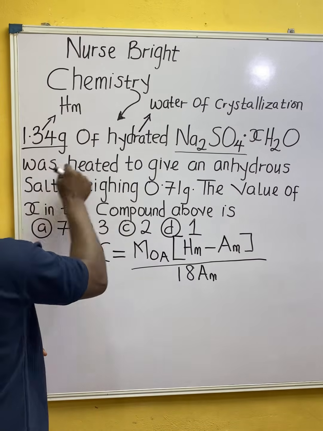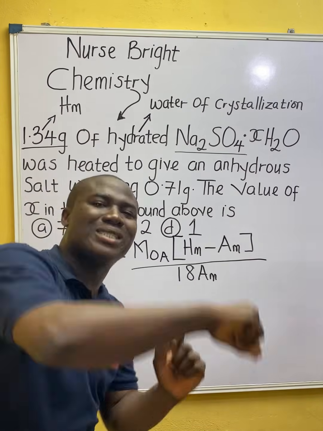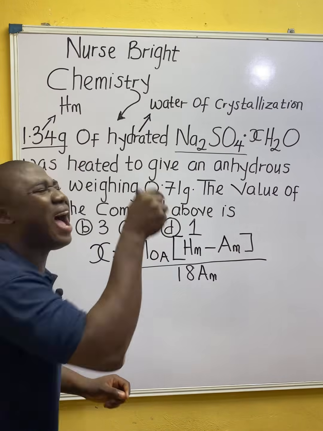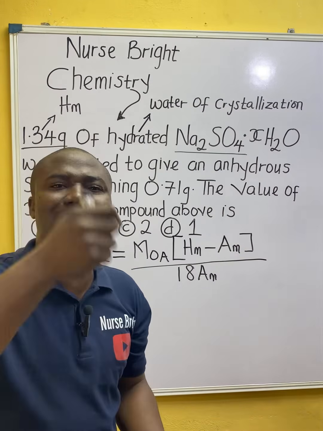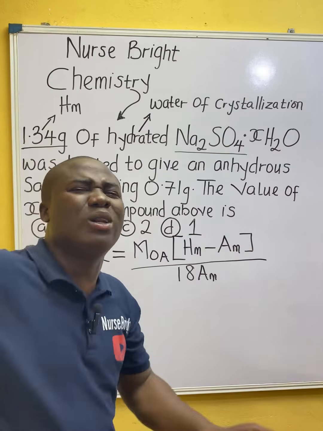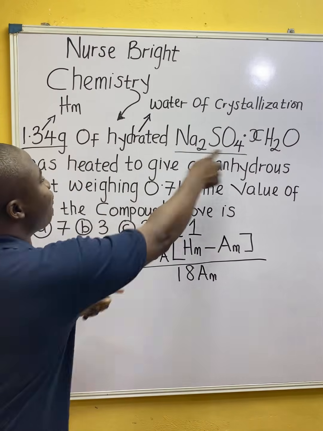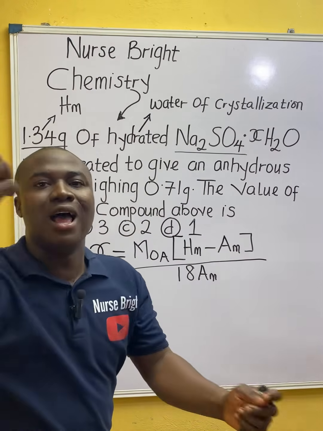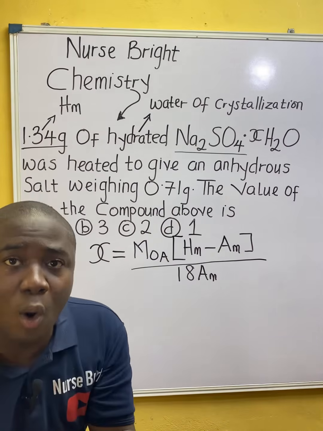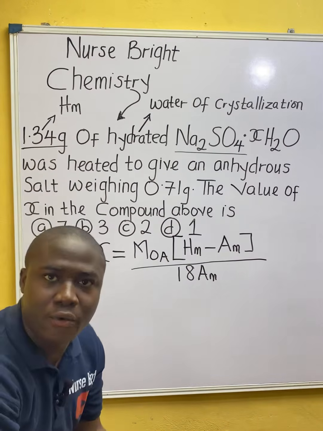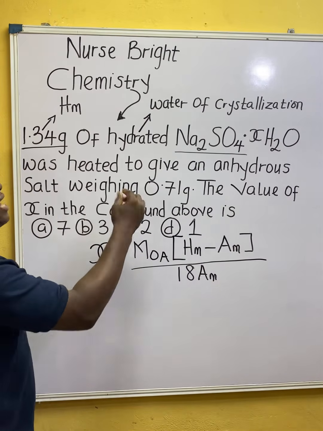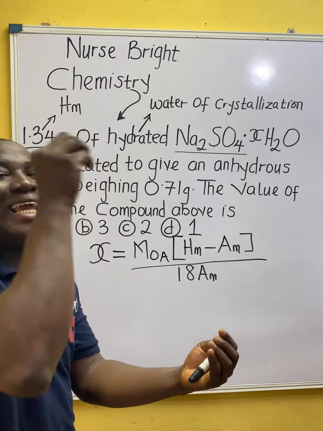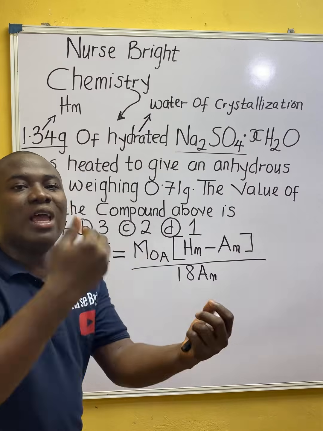Listen properly. Was heated. So heat was applied to give an anhydrous salt. An anhydrous salt or an anhydrous compound is a compound without water. So from this compound, they removed water. So if they removed water from a particular compound, the mass is going to reduce. I believe you are following me. That's why they said that after heating the hydrated compound to form the anhydrous compound, it was now weighing